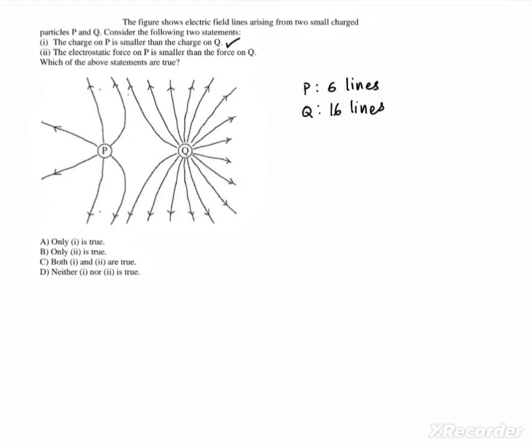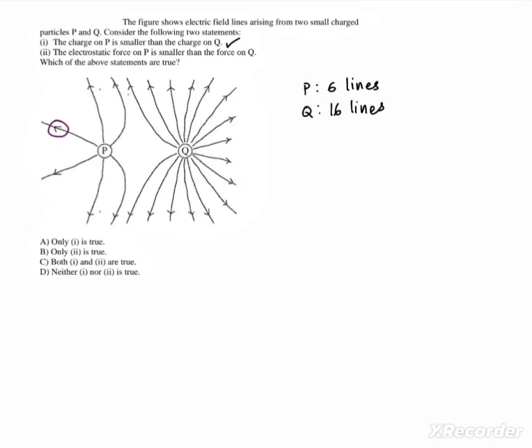So that is correct. The second one is that the electrostatic force on P is smaller than the force on Q. So now we go back to Coulomb's law, where you have two charges, and we look at the electrostatic force. So if you remember, the electrostatic force is equal and opposite. So let's look at if P is positive or negative. Let's look at the